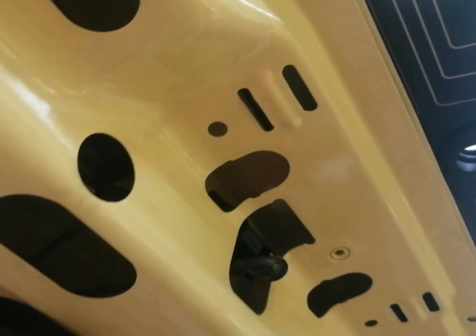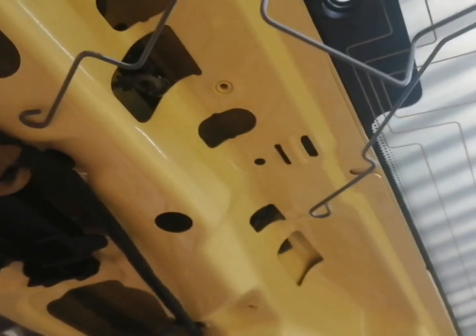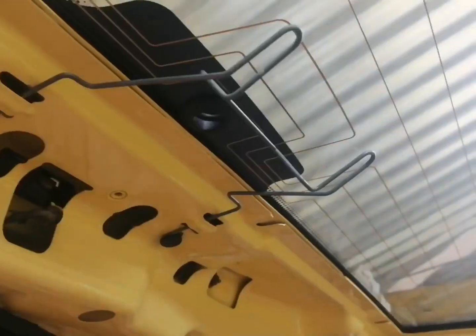So next thing guys is we're going to fit the high level brake light in. First thing we need to do is fit the spring that goes up here to hold the light in. So let's go ahead and get that on. Okay, there we are, that's on,